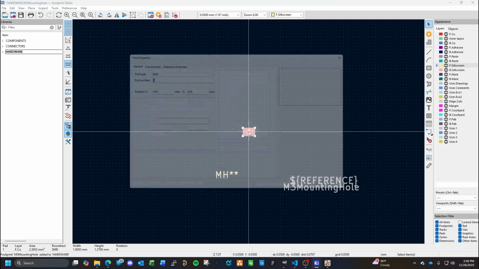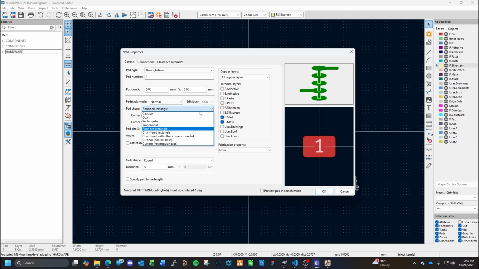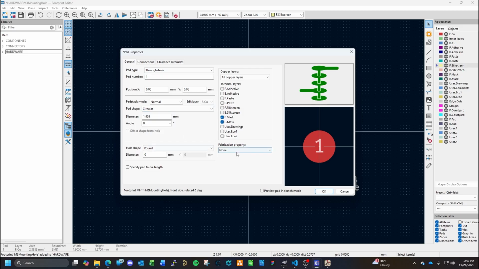Okay. Now we get into the properties, so it's not going to be an SMD, it's going to be a through hole. Okay. We're going to want it round, circular. Now we're going to need to know the through hole diameter. Okay, hole shape. Now we're going to need to know our overall diameter. Since we're planning to have a washer sitting on this,